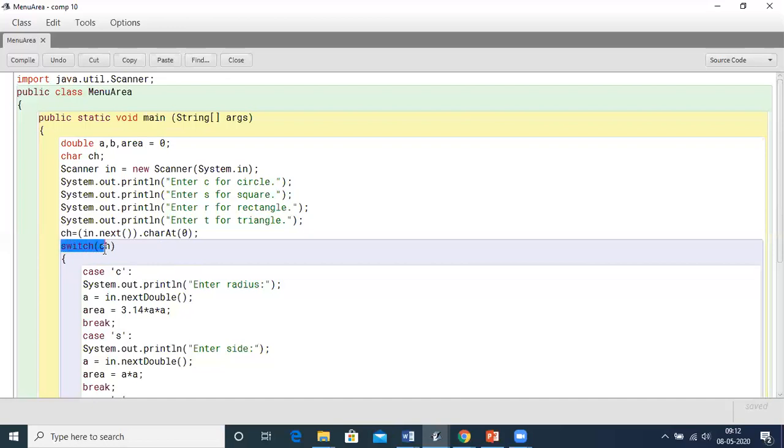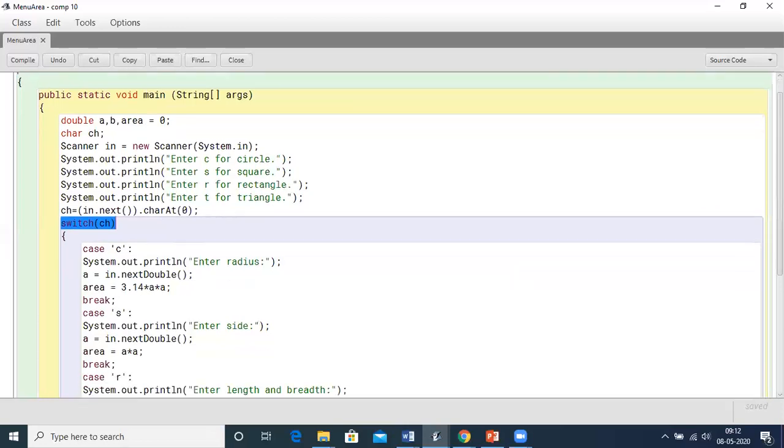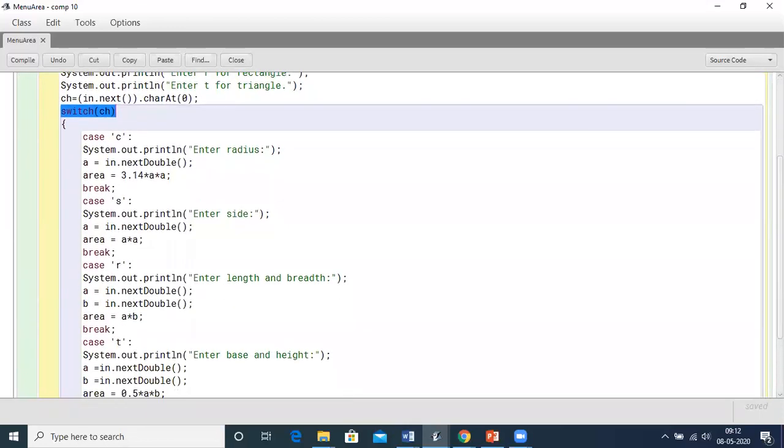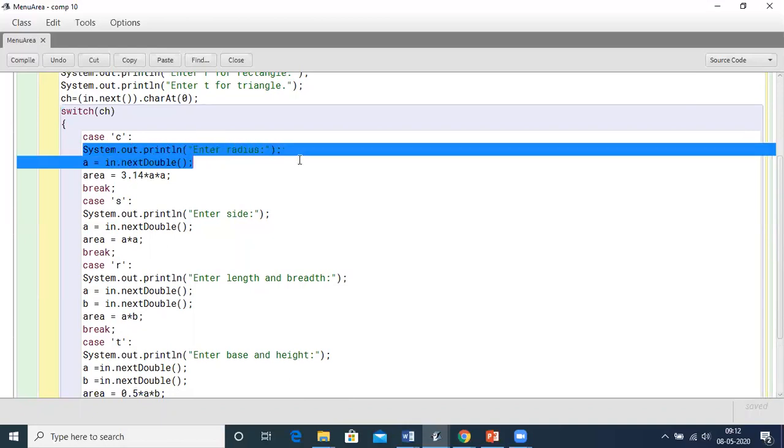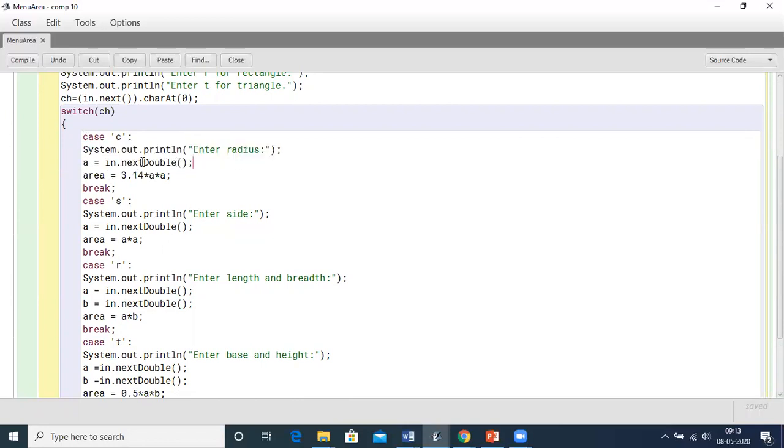Then we are switching, it means we are sending the variable ch to be evaluated. If the case is C, then you prompt the user to enter the radius. The radius will be stored in the variable A. This is the syntax to store and convert the value entered by the user into a double type of value.